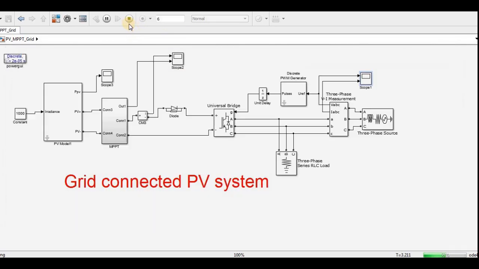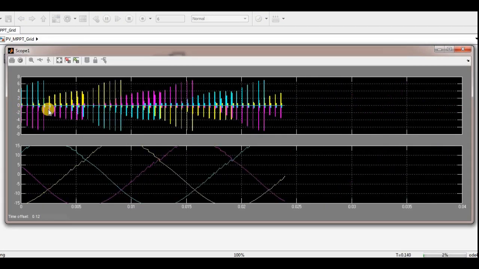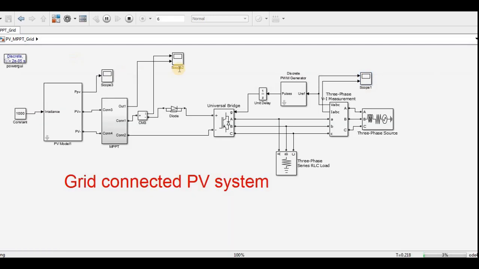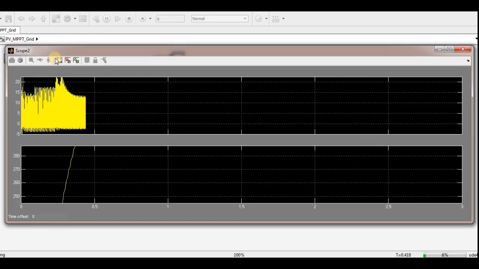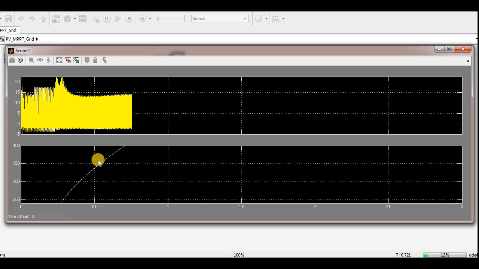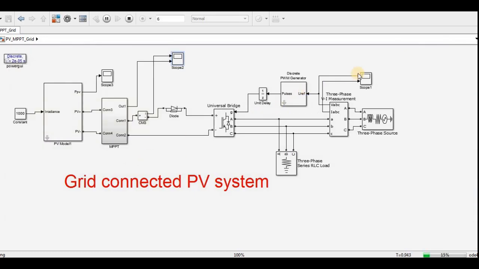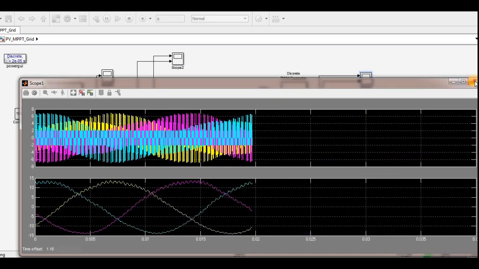here from the starting onwards. I will show you the model from the starting onwards, because the starting point is very important. See, at the start it is not stabilized, because the input voltage of the inverter is not stabilized. This is actually the output voltage of the PV, but the input voltage of the inverter depends on the input voltage of the boost converter. It is not at 600, it is not at more than 400. So because my RMS is 400, before that it is coming like that.